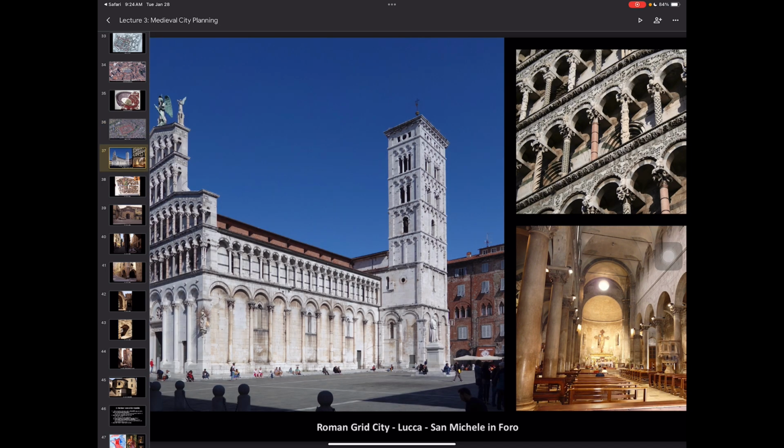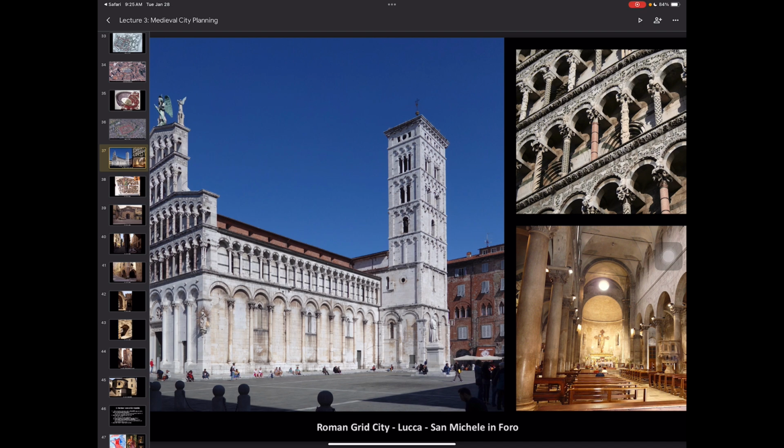Now the one in the center is called San Michele in Foro. What do you guys think Foro means? Yeah, it means forum. So a lot of the names of these churches are clues as to where they are and what the history of that city is, right? Because that is the ancient Roman forum. So they keep that in the name. So in the case of New York City, Wall Street is not called Wall Street for no reason. That is where the original wall of New York City was, on the southern end, right? So certain names in cities are clues as to what used to be there at some point in time, right?